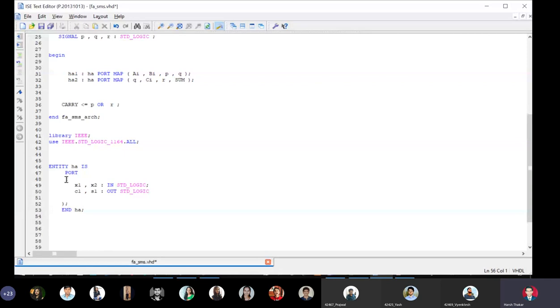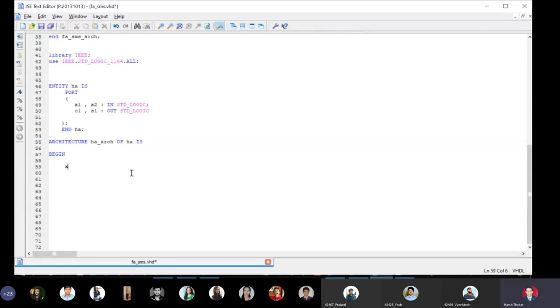Now I will say the carry C1 is assigned X1 and X2, and I will say S1 is assigned X1 XORed with X2.